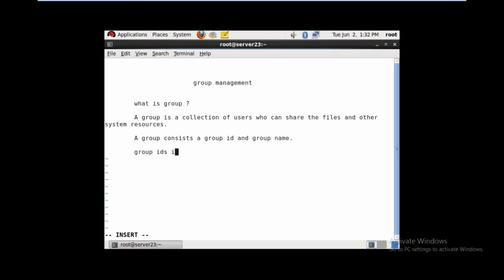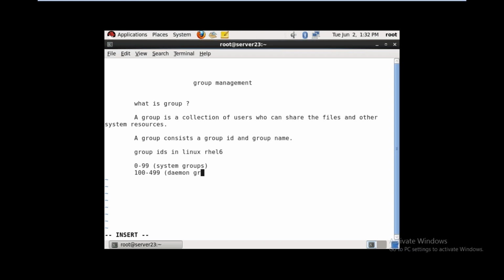Group IDs in Linux, RHEL 6 version: 0 to 99 are system groups, 100 to 499 are daemon groups.